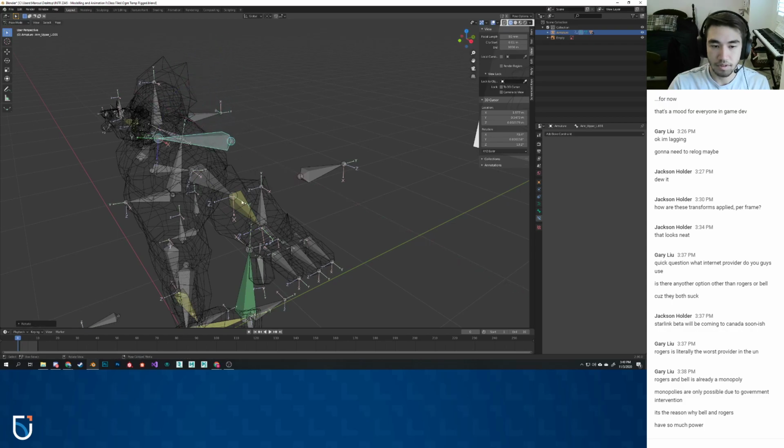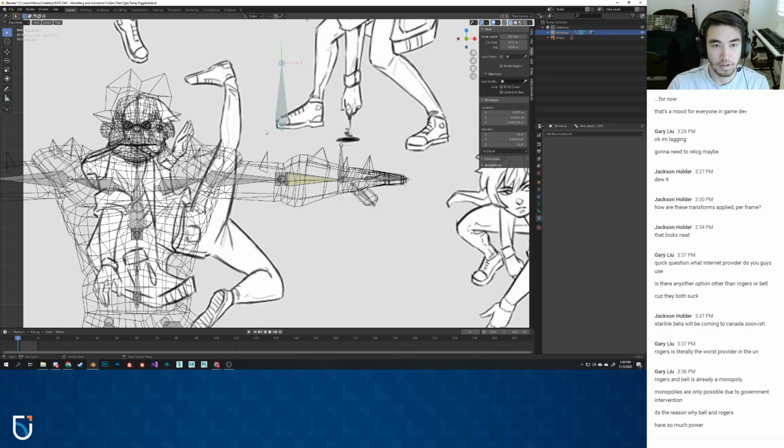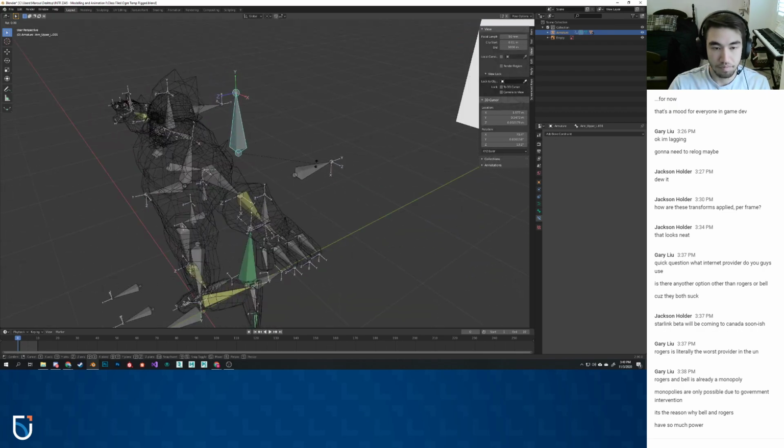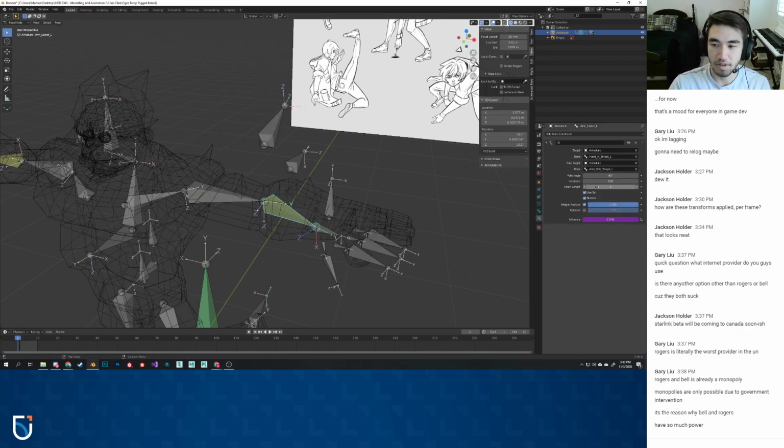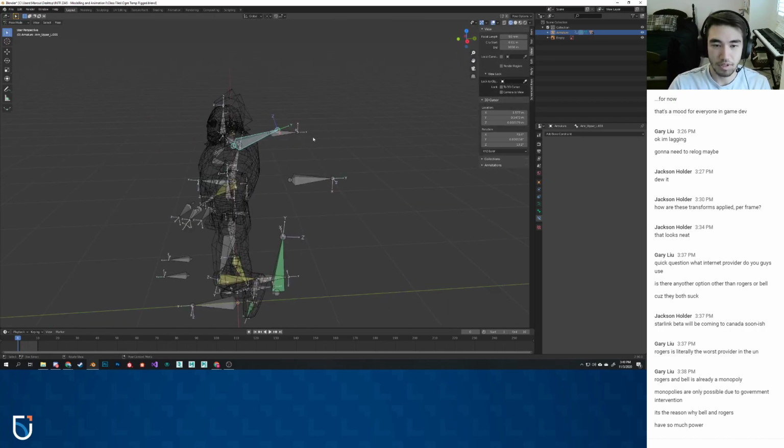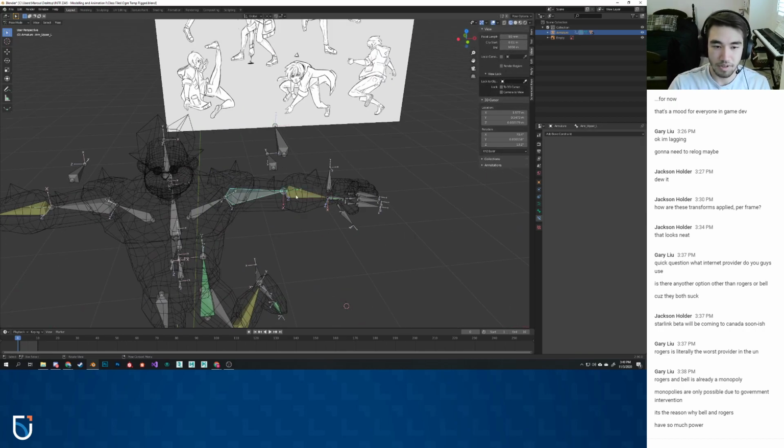So if I rotate this on X now, nope, it's not doing it. There we go. You would normally want to constrain this so that it'd be normalized between 0 and 1, so that it maps properly to the influence. But here, if I rotate it this way, yeah, now the influence is 0. So if I rotate this bone 90 degrees this way, now I can use FK,